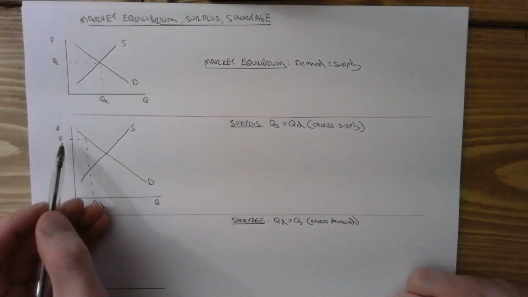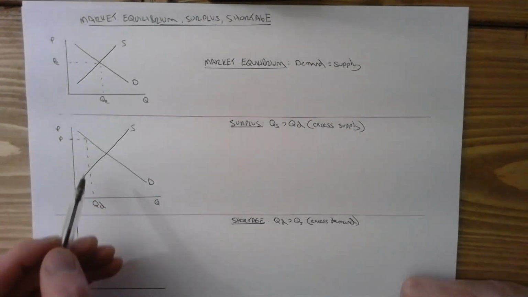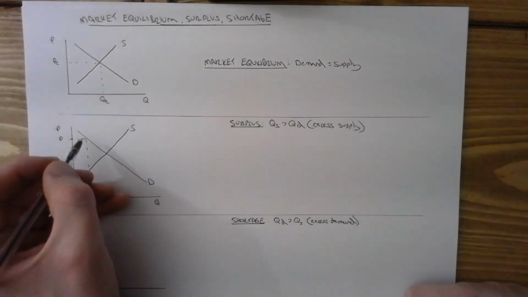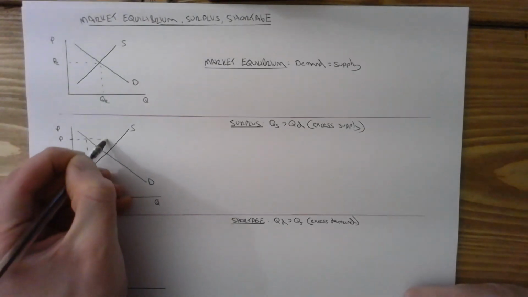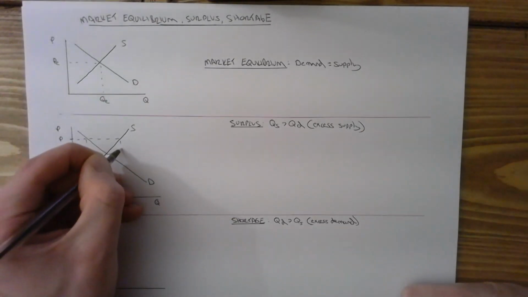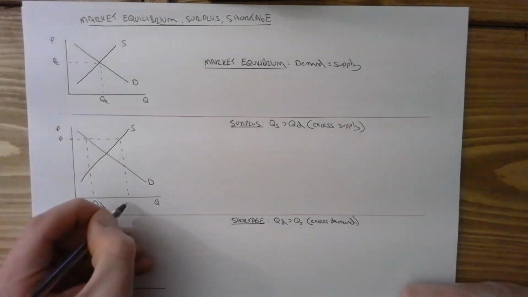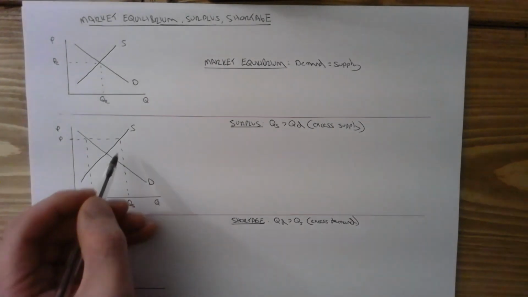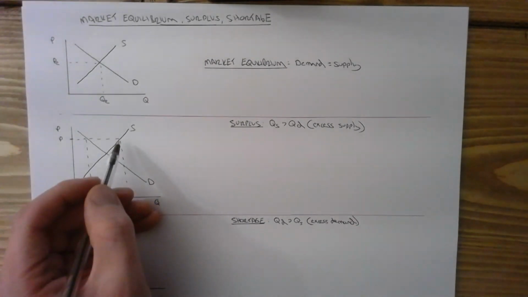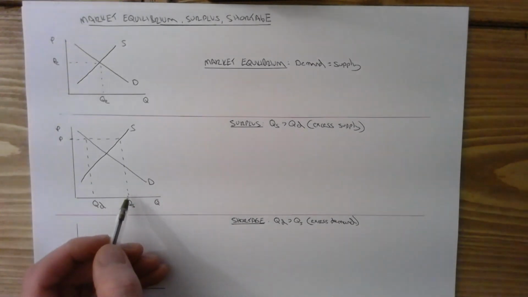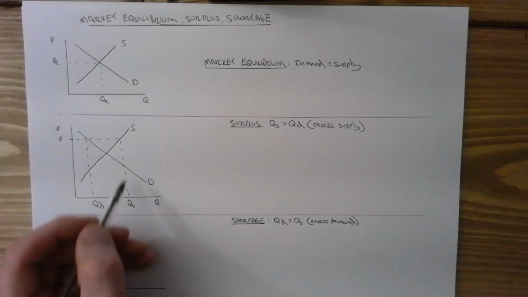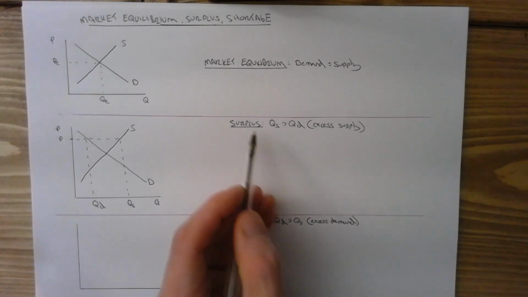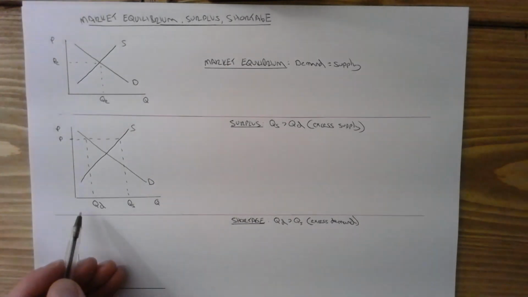What I'm saying is that at this quite high price here, not very many consumers are willing to pay that high price. The quantity demanded is quite low. If I keep going along this dashed line until I reach my supply curve, and then go down to this axis and label that point there QS, you can see that at this quite high price, producers are willing to produce a large quantity of this product. That makes sense. A high price means that they can make lots of profit. They're willing to produce a lot. And what we have here is a situation known as a surplus, because quantity supplied is greater than quantity demanded,